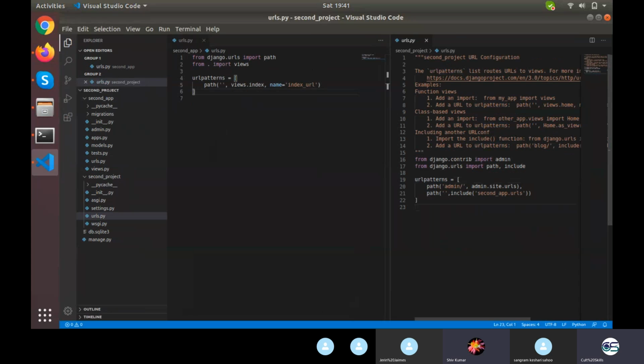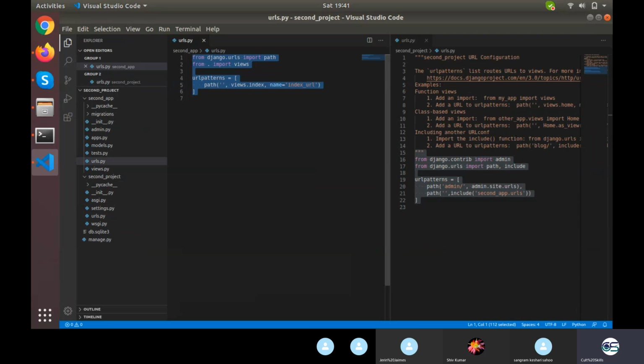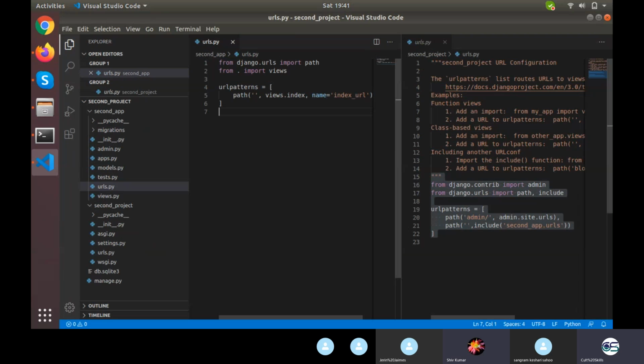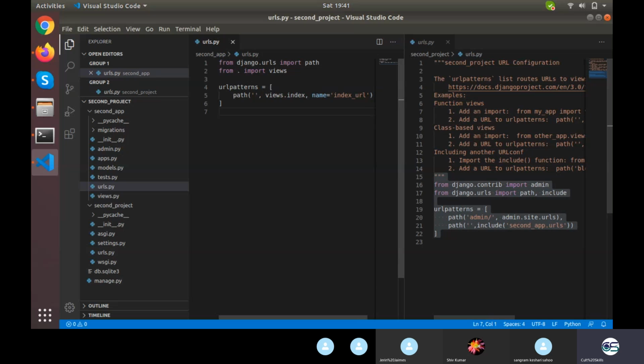Okay. So this is the project one, and on the left this is the app file. Okay. URL pattern.